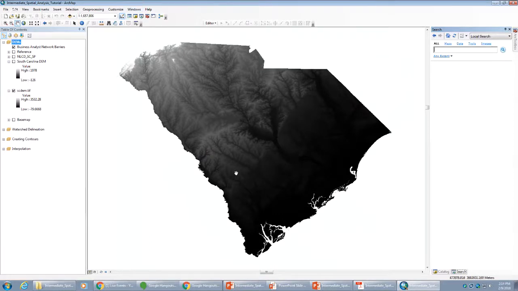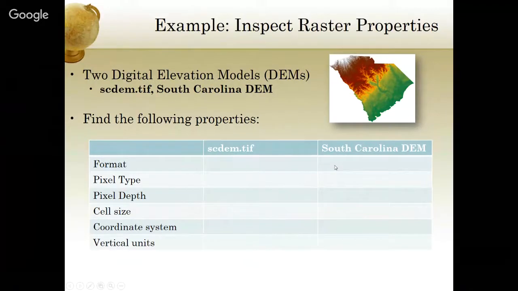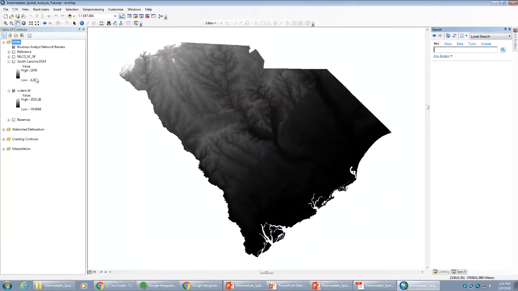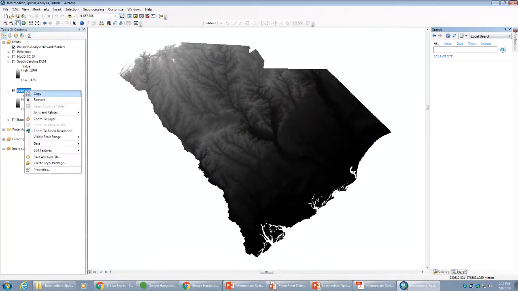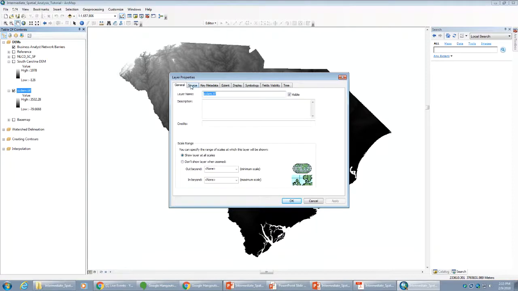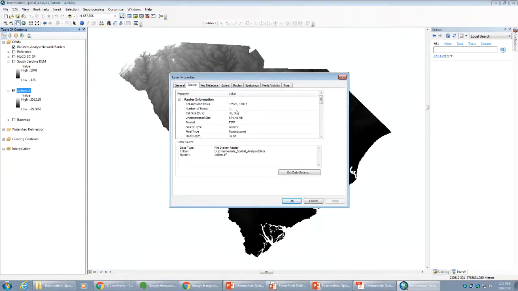So what we want to do is take a look at the different properties of these rasters here. So we're going to try to find out some more information and understand what, say, the format, the pixel depth, where to go to determine the coordinate system and the units on it. So let's right-click and open the scdem.tiff. Let's open the properties for it. So I'll right-click my scdem, open my layer properties. And what I'm looking for is this source tab. The source tab has lots of information about our